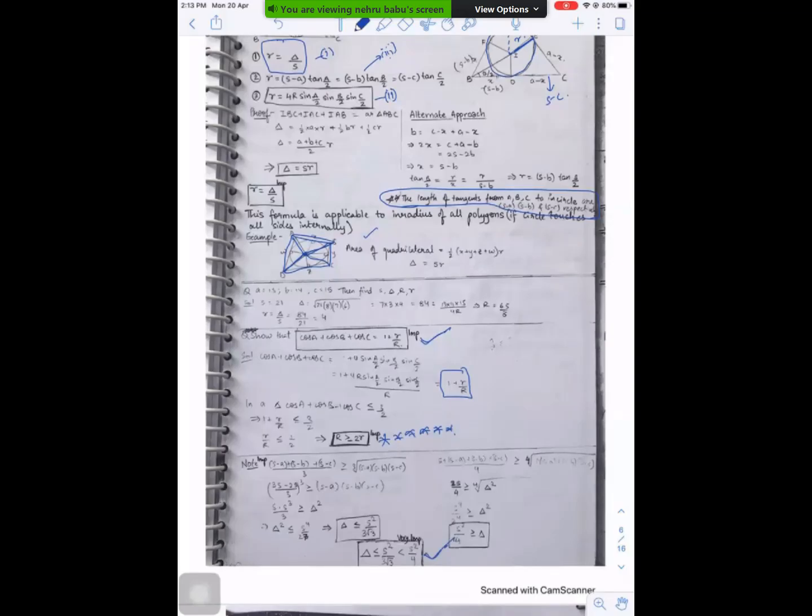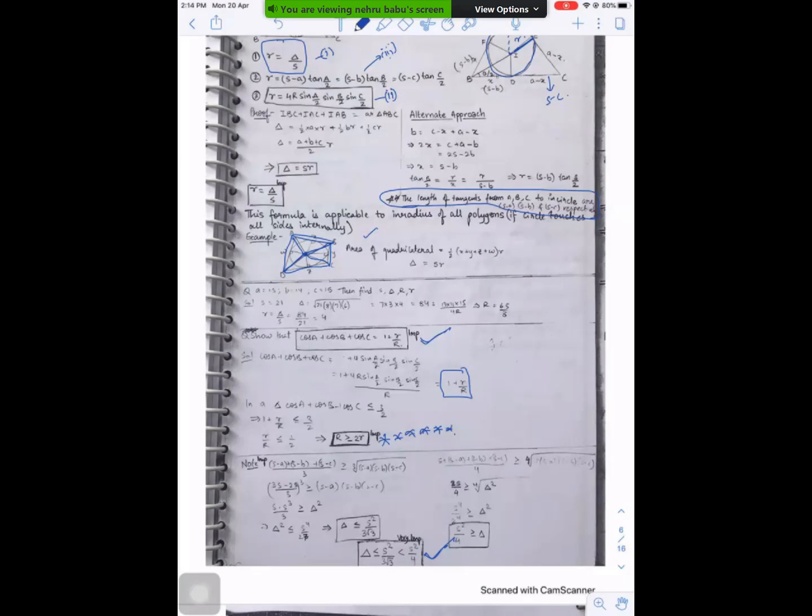Area of triangle, that inequality. Delta maximum value is S square by 3 root 3. If the perimeter of the triangle is fixed, meaning indirectly 2S is fixed, then no doubt the area of the triangle is maximum when the triangle is equilateral. And that maximum area is equal to S square by 3 root 3. Inequality wise, here S square by 4 is coming, but that is strictly less than only, not equal to that. So here delta maximum value is S square by 3 root 3 only, but not S square by 4.